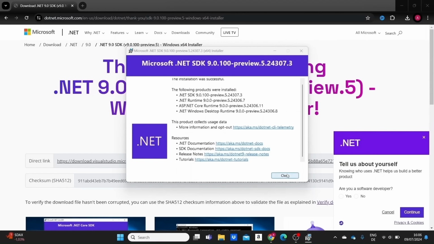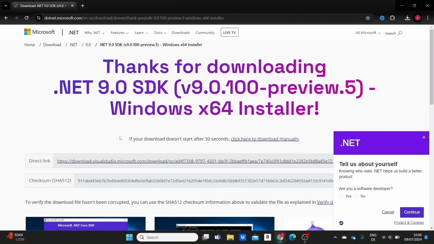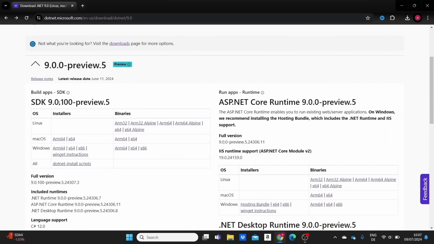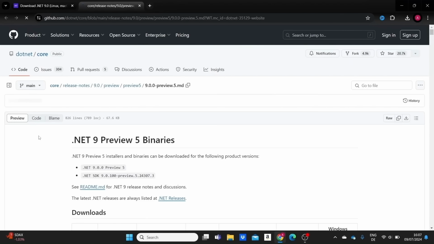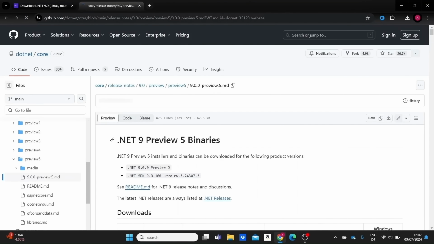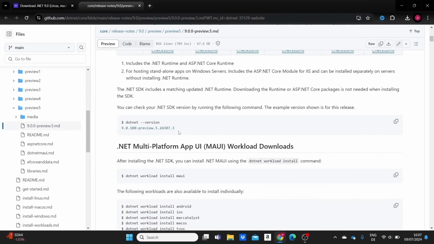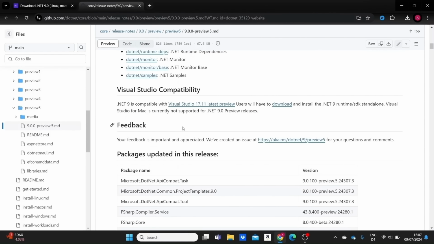Let me close this window here, and now if we just go back to the page we were previously on, we can go to .NET Preview 5 release notes to see what version of Visual Studio .NET 9 actually requires. If we scroll a bit below, we will see that .NET 9 is compatible with Visual Studio 17.11 latest preview, and if I click on it,